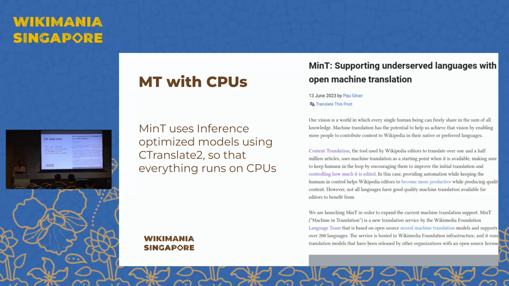In fact, if you can optimize and run it on CPU, what is the incentive of running it on GPUs? Why do you need to spend money? Why do you need to spend energy? So please be aware of this optimization. Please be mindful about the energy usage of your machine learning models. Make sure that it's compute optimized, right?